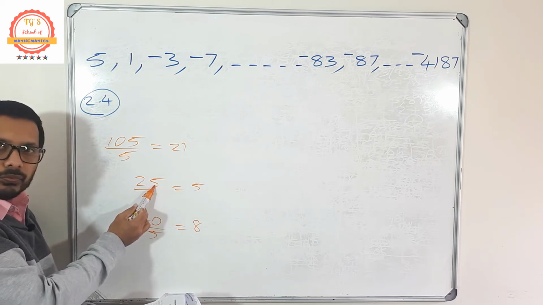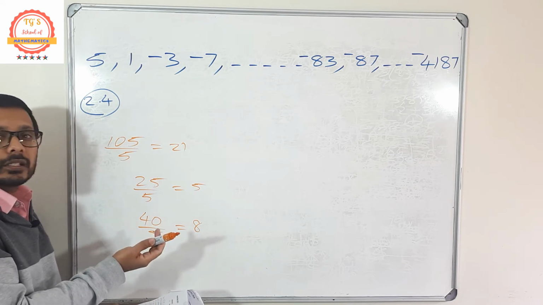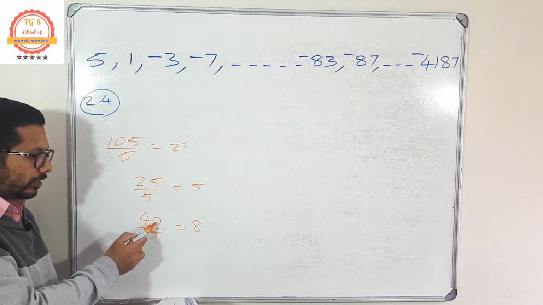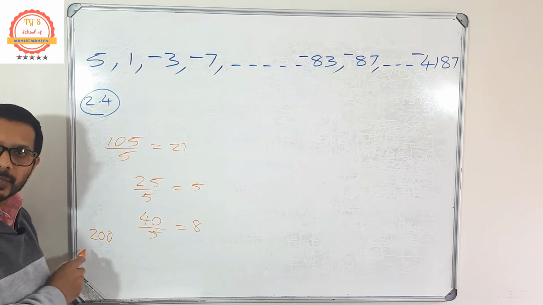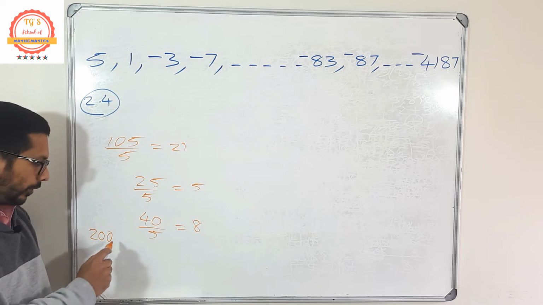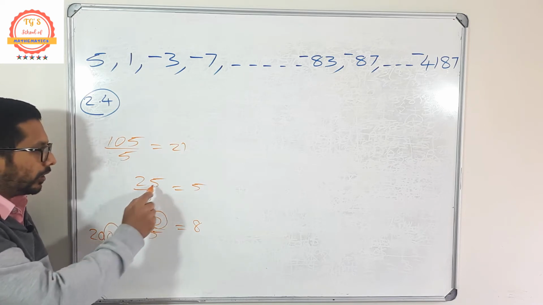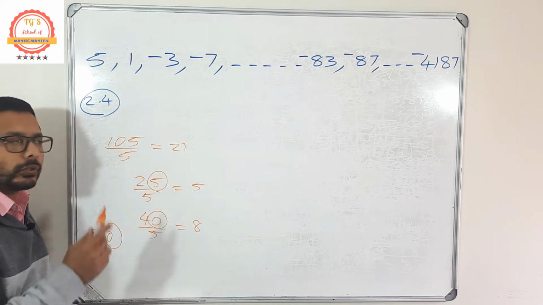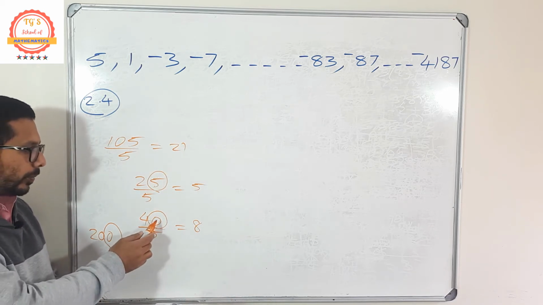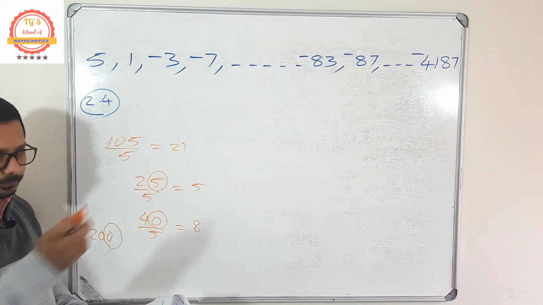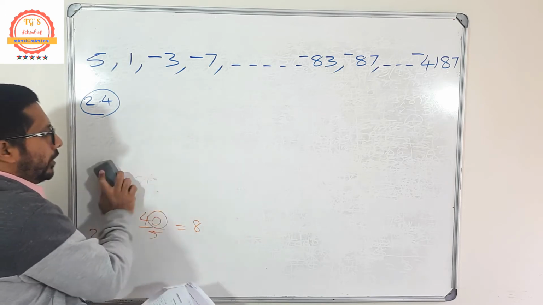Okay, so if a number wants to be exactly divisible by 5 it means that the last digit must be either 5 or 0. You know that you studied this in primary school, grade 6 or grade 7. Okay, if the last digit is 0 or 5, okay, 200, this number is exactly divisible by 5. Why? Because the last digit is 0. Here this one the last digit is 0, here this one the last digit is 5. So if a number is to be exactly divisible by 5, it means that the last digit must be 0 or 5. Okay. Now before I start doing this question, try to understand like this.